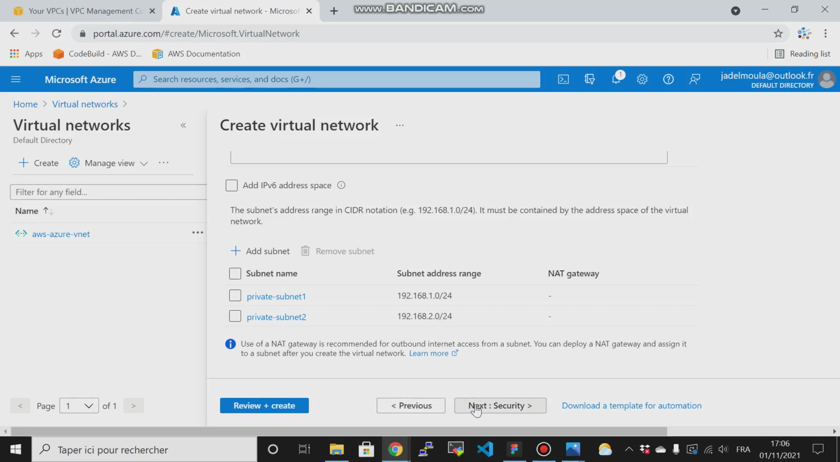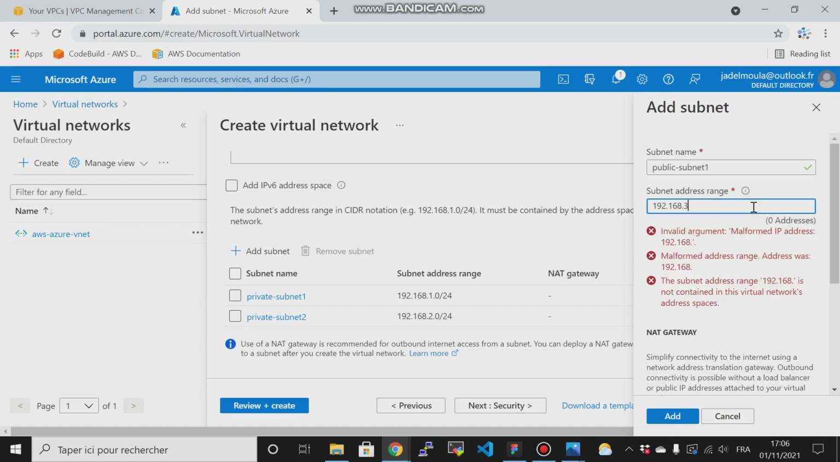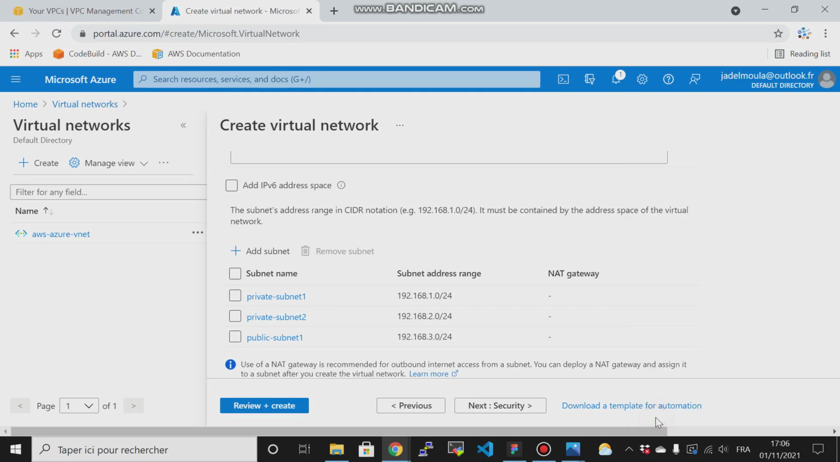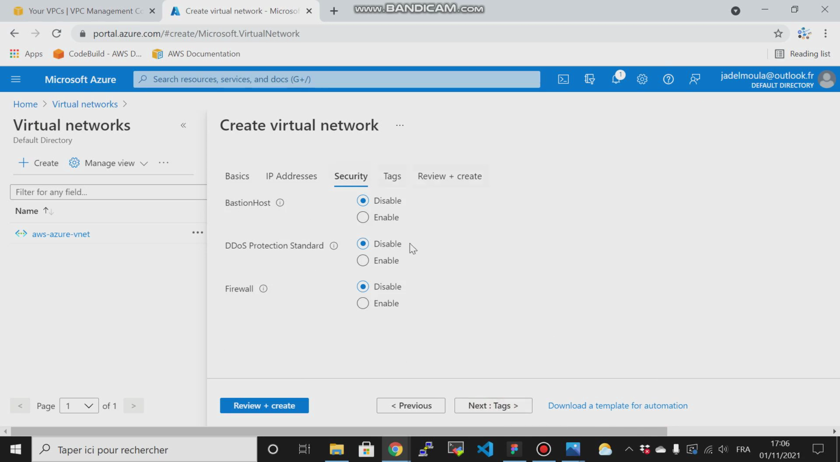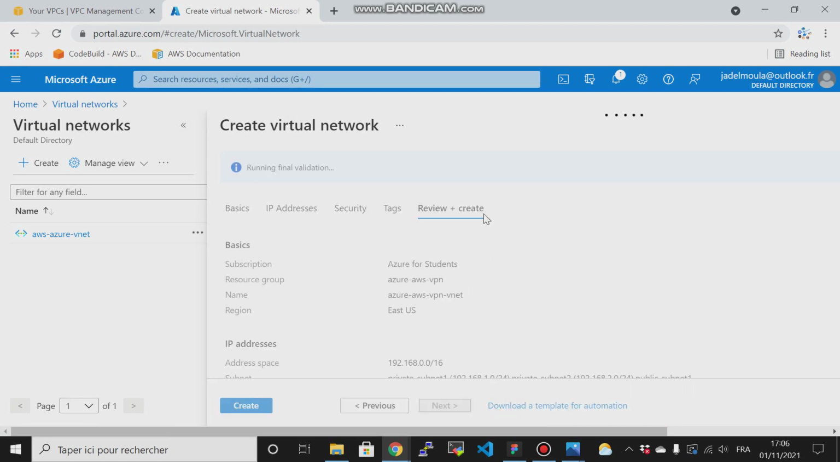Then I will add another subnet and call it public subnet 1. Then 100. I will go with the default, and then review and create, and then